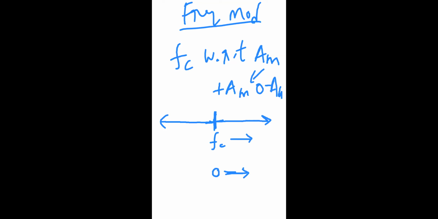Okay, it may reach its maximum value AM at some time. Then what will be the maximum frequency? That maximum frequency is FC plus del F. Now at this point, please remember del F is some frequency value. If center frequency is 1 megahertz, say for example del F is 50 kilohertz, then what is the overall value? 1 megahertz plus 50 kilohertz.